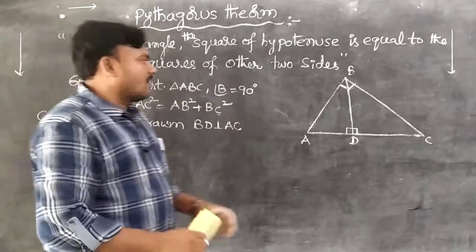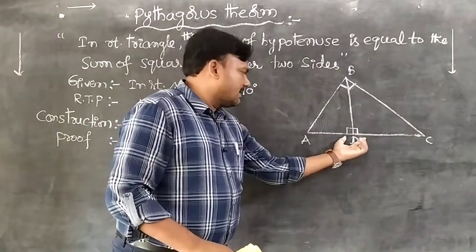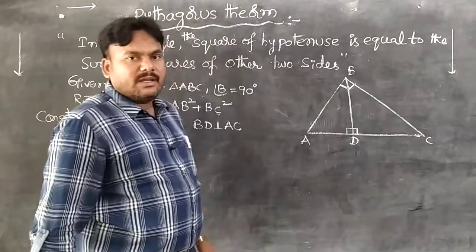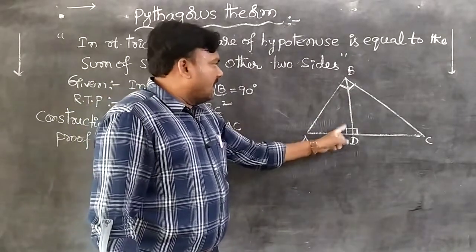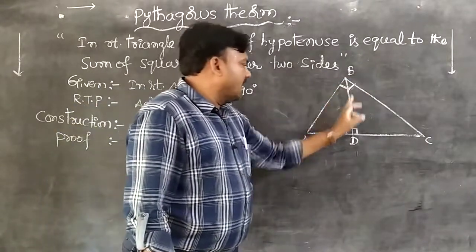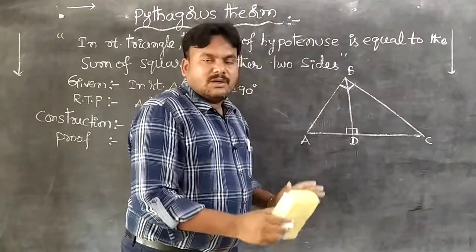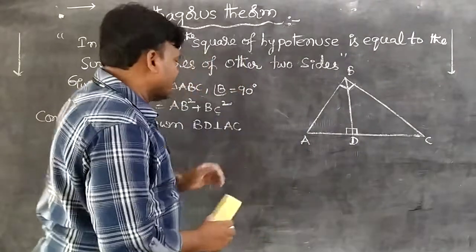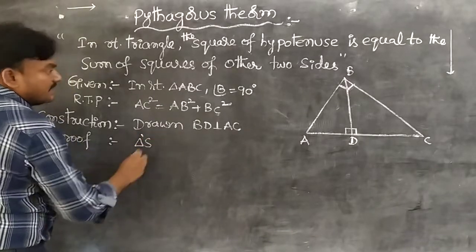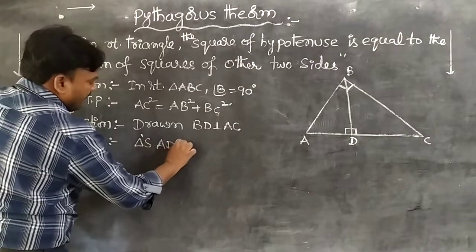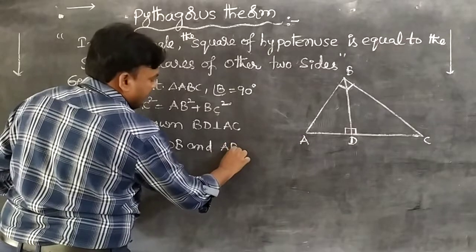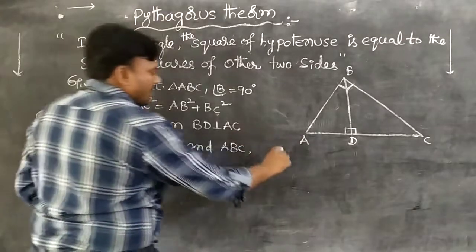Yes, observe. While drawing BD perpendicular to AC, automatically this main triangle is divided into two triangles. First, comparison of ADB and ABC. Next one, BDC and ABC comparison. Both are similar or not, we'll check first of all. So here observe, students, triangles. Use the symbol like this. Triangle ADB and triangle ABC.